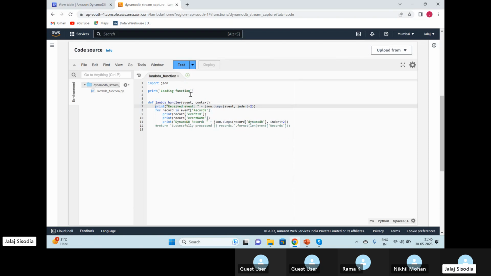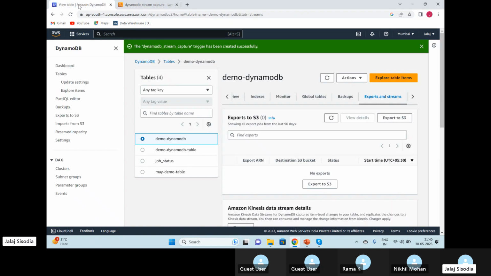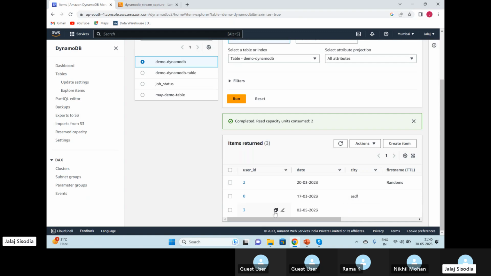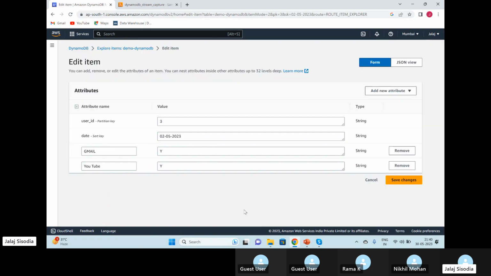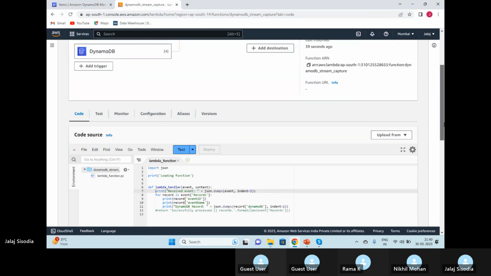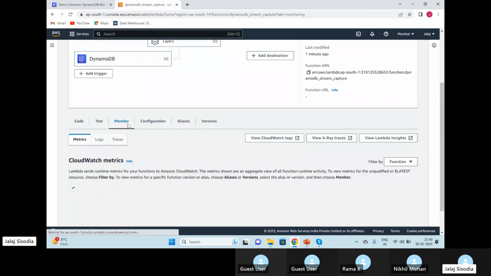So my stream is turned on and my Lambda function is configured. If I come back here to this DynamoDB table, demo DynamoDB, and go into explore items, let's say I modify this user ID and its Gmail value, and I change it here. I click on save changes. Now if I come inside this function, go into monitoring and view CloudWatch logs,